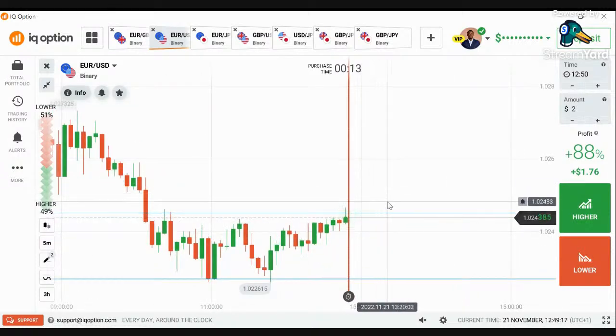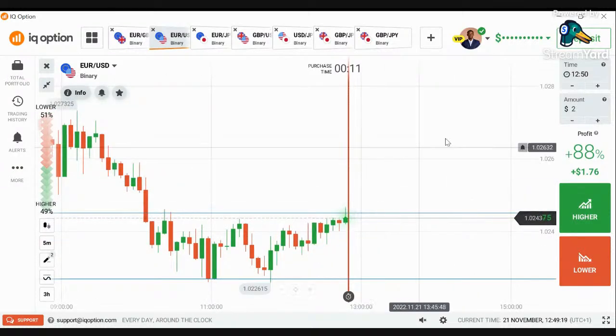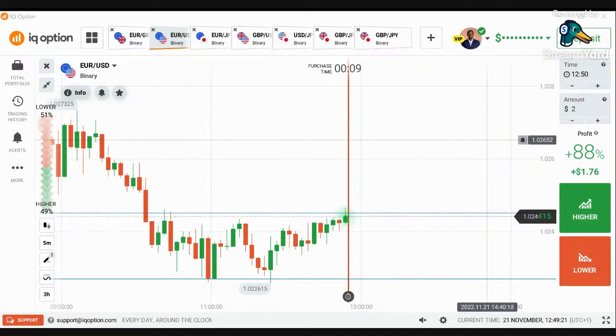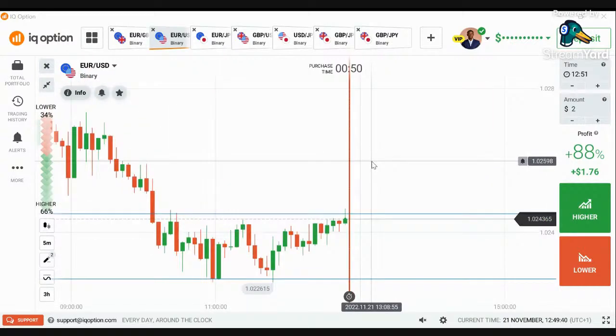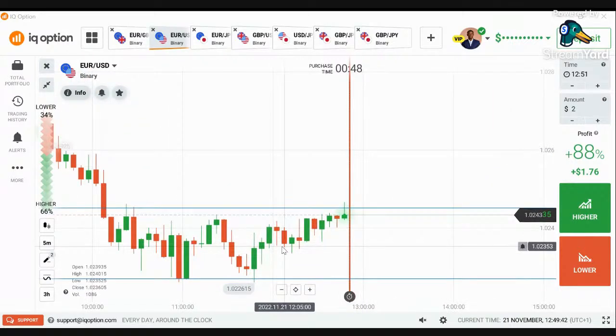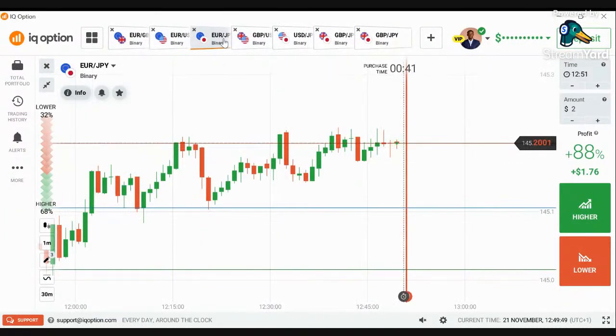Like I told you, as we're going into New York, this is about 12:50 p.m. my time. If it gets to 1 o'clock, the New York session is going to start, and then probably Euro USD could break outside of this range or break lower. So I'm not sure about the direction yet, but I know it's going to do one of them. It's going to break out higher or lower very soon.